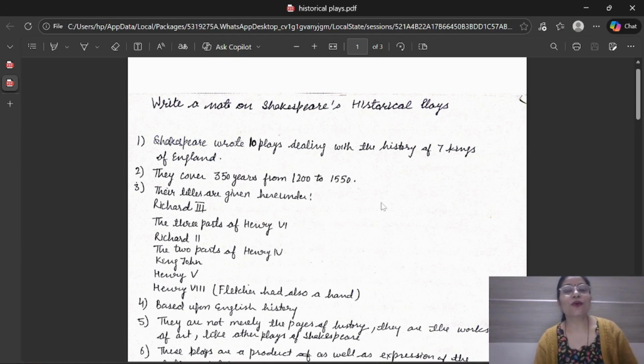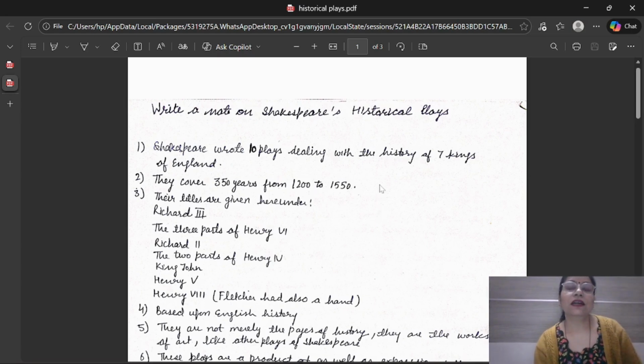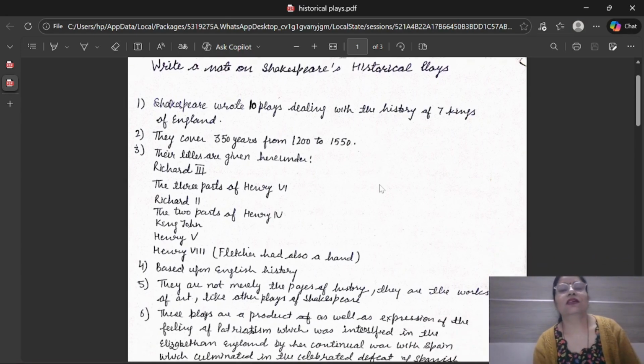So Shakespeare wrote 10 plays dealing with the history of seven kings of England. They cover 350 years from 1200 to 1550. Here you can find dates can be a little bit changed from the book which I have prepared. The date is given this. So all the historical plays cover the period of 350 years from 1200